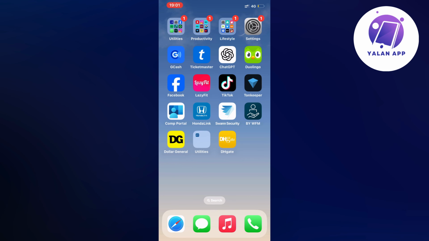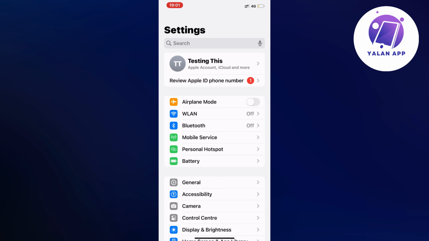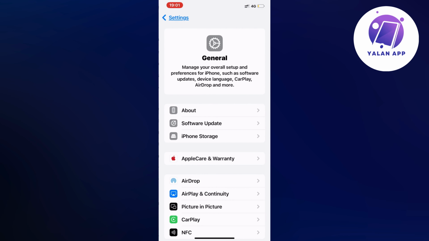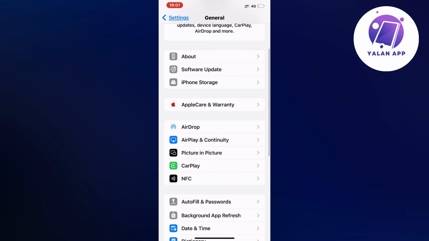The first step is going to be for you to open up your settings app on your phone. So just go into your settings app and then you're going to scroll down in here and click on General. So click on General, and as you can see, you should now be taken to a page very similar to this. Now on this page, scroll down a little bit and click on Storage in here,